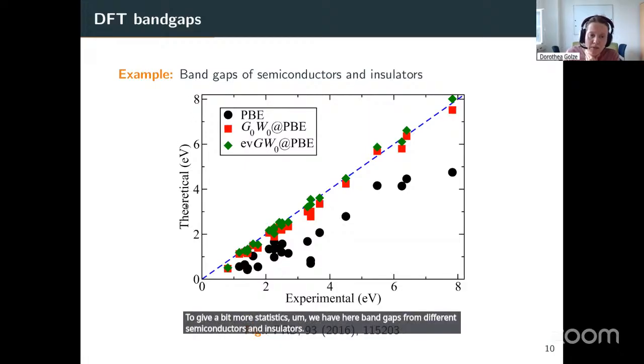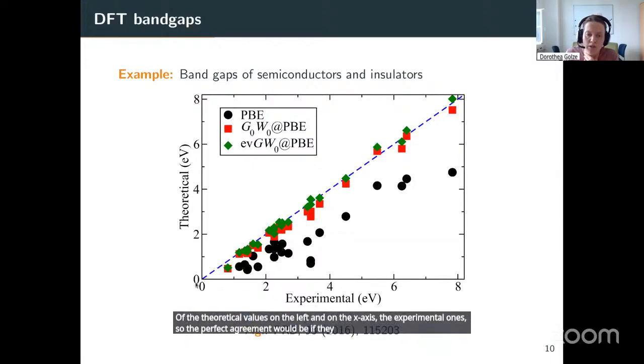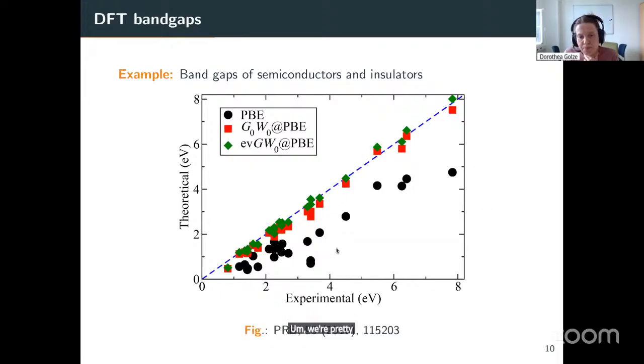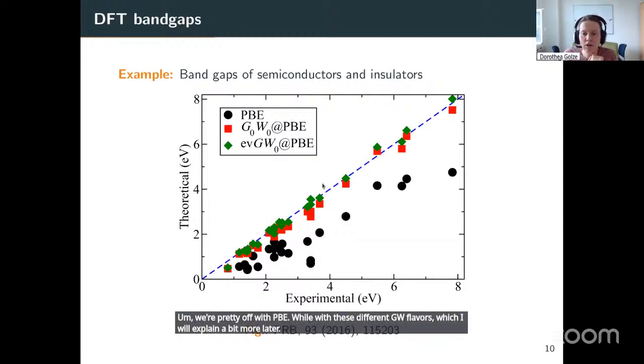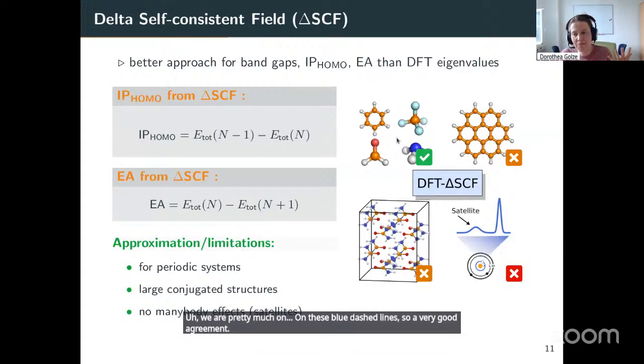We have the theoretical values on the left, and on the x-axis the experimental one. So the perfect agreement would be if they all are on the blue dashed line. We are pretty off with PBE, while with these different GW flavors, which I will explain a bit more later, we are pretty much on these blue dashed lines, so a very good agreement. A better method than using